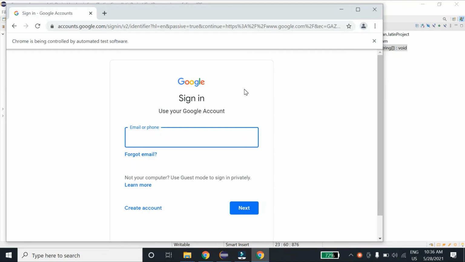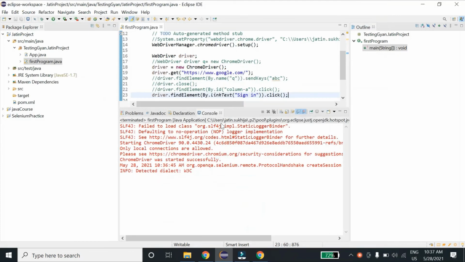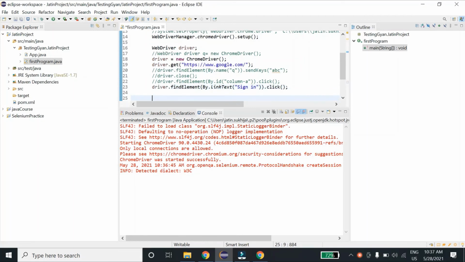There is one more technique if you don't want to pass the complete text, or if, let's say, sometimes on the web element your text is written as sign. I'm just taking a random example, 1 2 3, or this is fixed and this is dynamic or changing. The next time when you launch, it is appearing something like this or this. Then in that case you can use partial link text. So I'll use that as well.